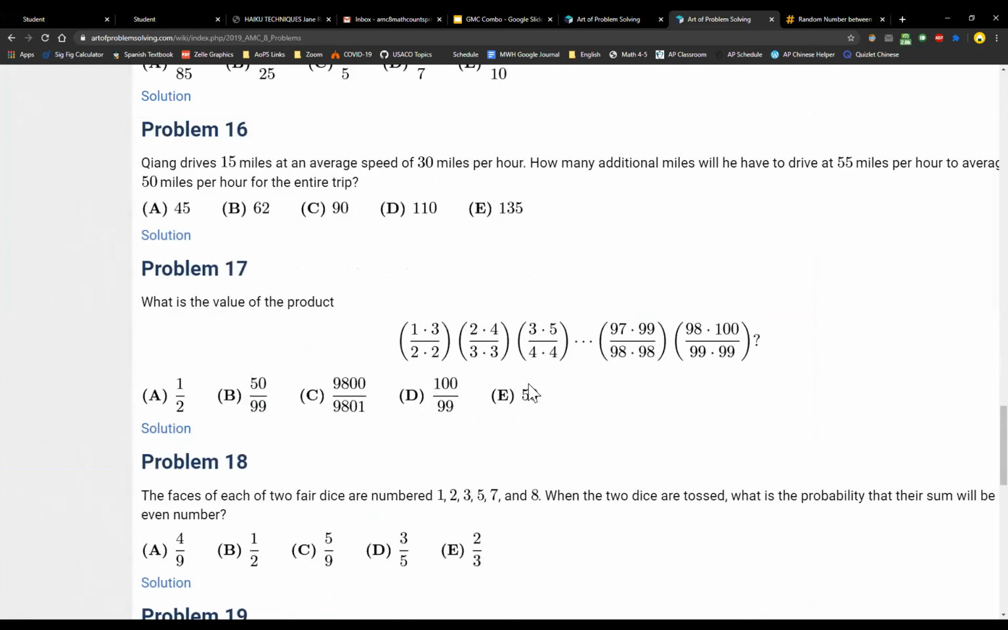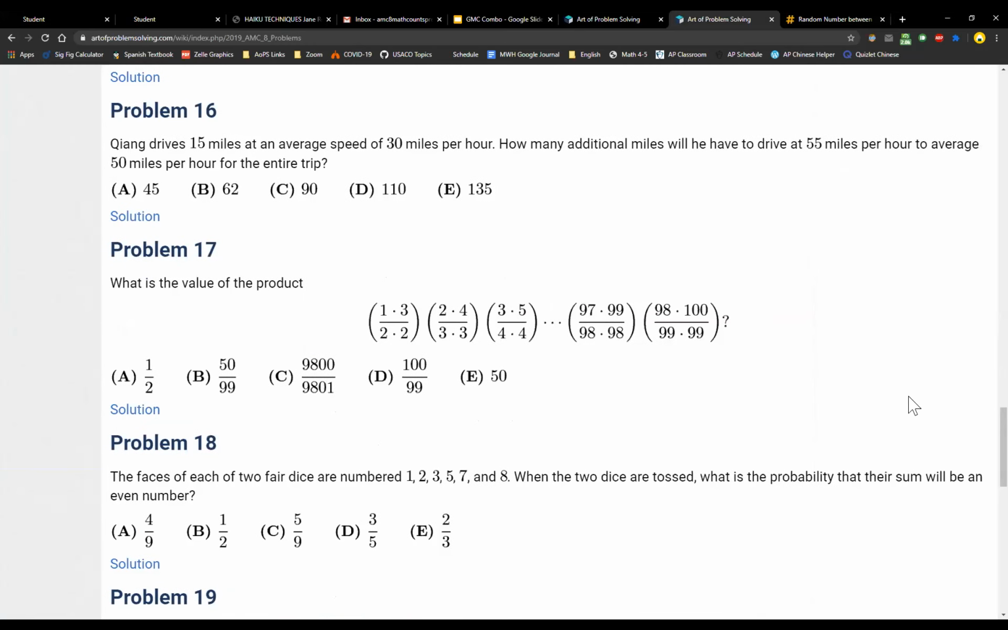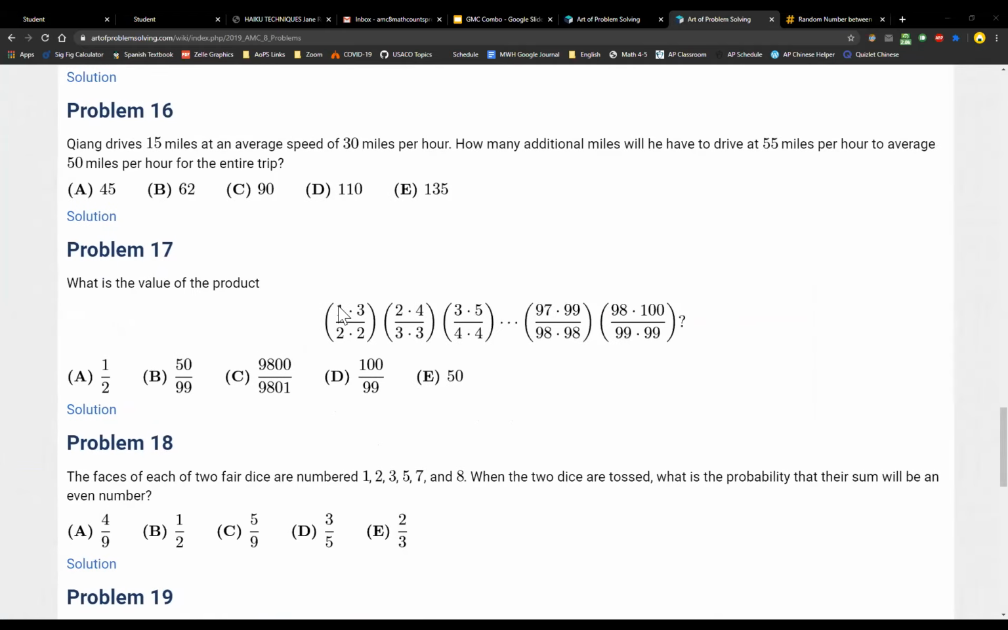All right, so we want to compute this value. It's 1 times 3 over 2 times 2, and then 2 times 4 over 3 times 3. Okay, so the main idea here